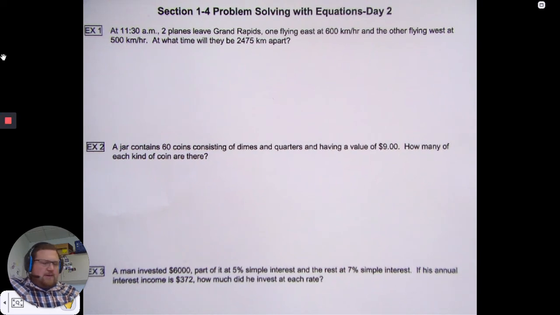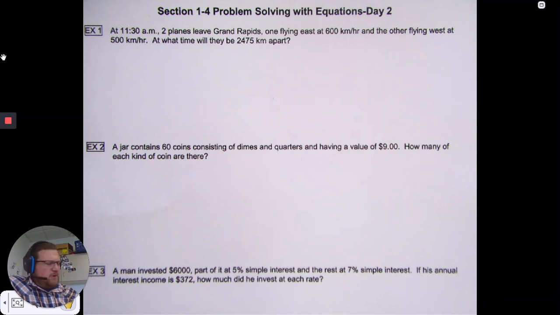Welcome back. We're looking at 1.4 day 2. We're continuing problem solving with equations. We'll start off with example 1, where it says at 11:30 a.m. two planes leave Grand Rapids, one flying east at 600 kilometers per hour and the other flying west at 500 kilometers per hour. At what time will they be